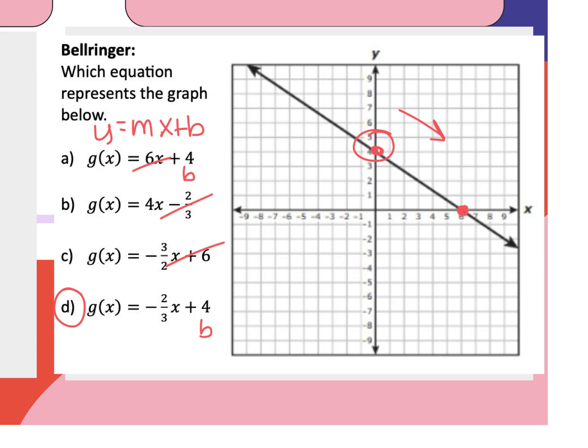I have another very nice point. This is called the x-intercept, where we cross the x-axis. So I'm going to count down 4. So there's my negative. And I'm going to count to the right 6. And when I put it in, remember, rise over run, so negative 4 over 6 is in fact negative 2/3,